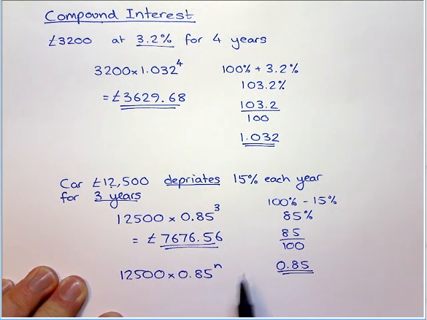So all you do is you guess, you trial and error, you put some numbers in there until your answer is less than £5,000. So if they ask you to find the number of years, you just do it by trial and error. If not, this is called compound interest. It's very, very simple to learn and very easy, couple or 3 marks in the